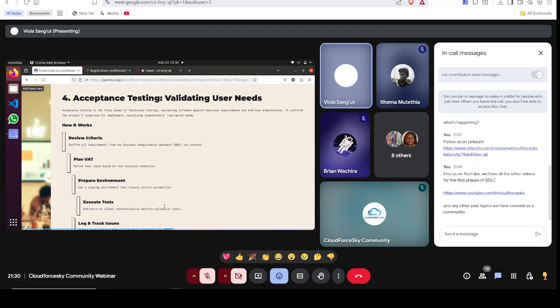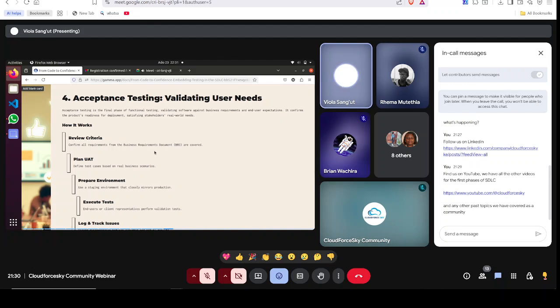Maybe in terms of e-commerce, our customer wants the user to be able to purchase, to add something to the cart, to make a wish list or whatever. So specific user needs, we want to make sure that they are met,